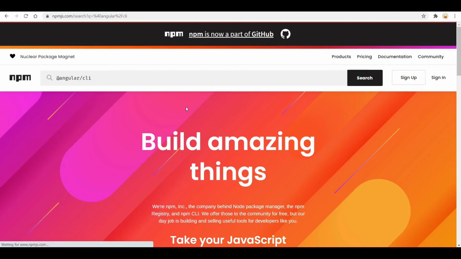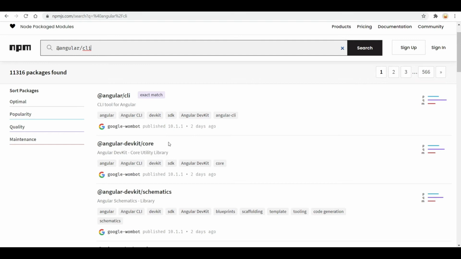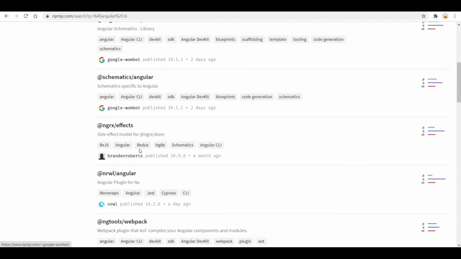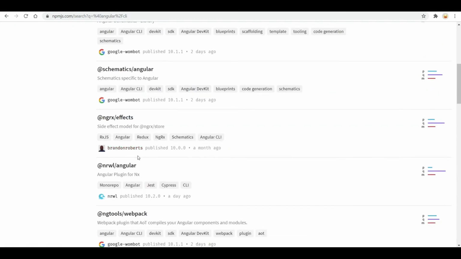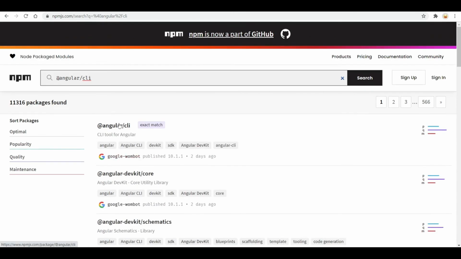Now you can see we have Angular packages available: Angular CLI, Angular DevKit Core, Angular DevKit Schematics. But these will be automatically available when we install the Angular CLI. So the core Angular packages will be available when we create our application using the Angular CLI.